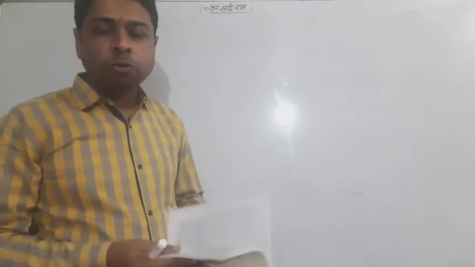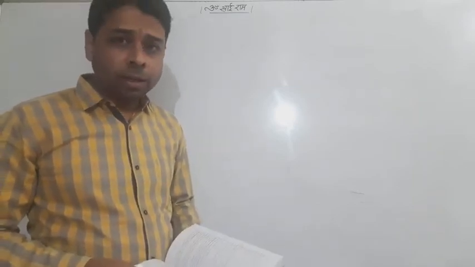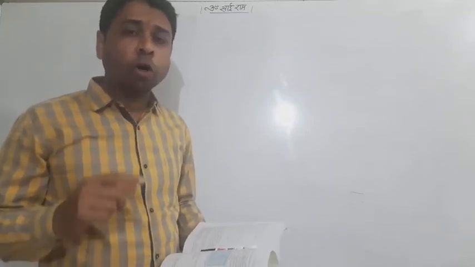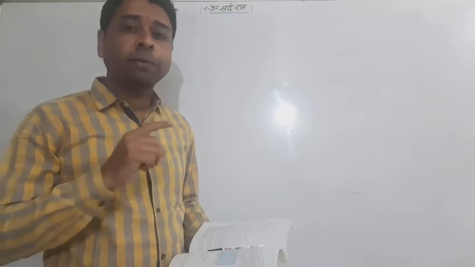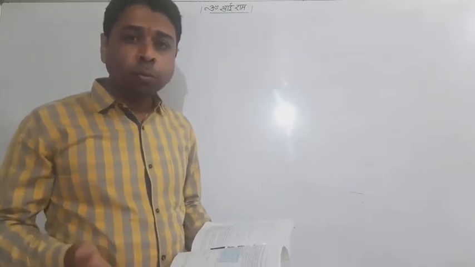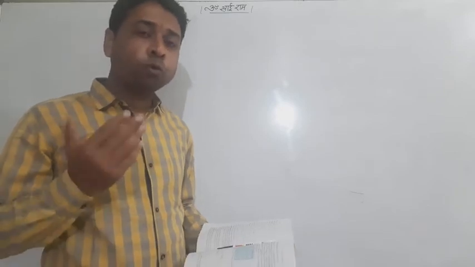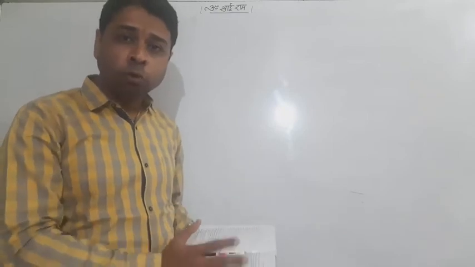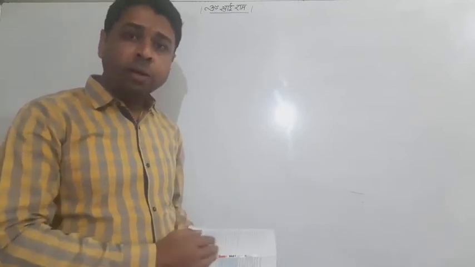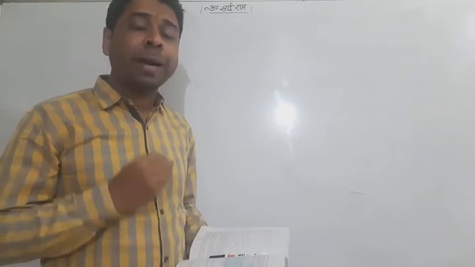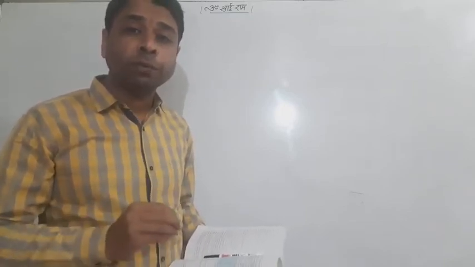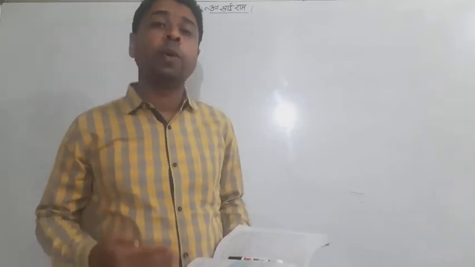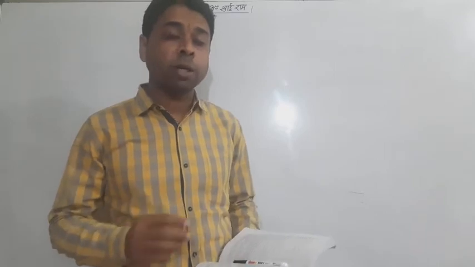So let me introduce to you with word problems how we can think, how we can create. What is the meaning of a word problem? The situation or problem will be given in words. You have to assume x and y two variables. You have to create some constraints or inequalities, and then we will do the same procedure we did yesterday. Finally, we will be told to maximize or minimize the value of z, the objective function, and we will do this. The main thing is we have to make the inequalities by reading the questions. That is very important.